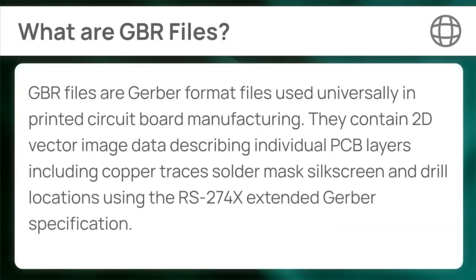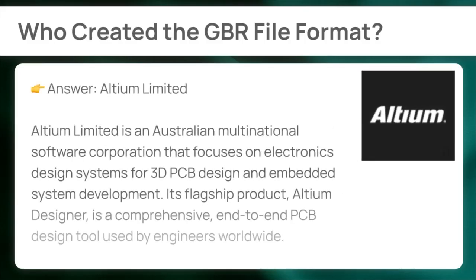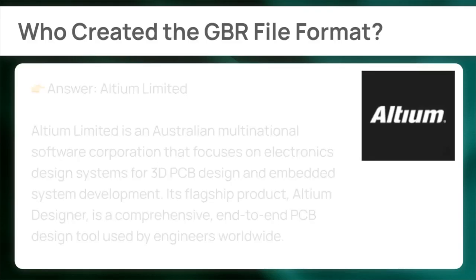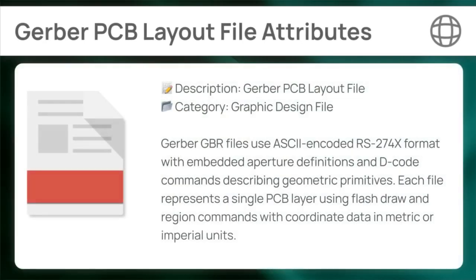GBR files are Gerber format files used universally in printed circuit board manufacturing. They contain 2D vector image data describing individual PCB layers including copper traces, solder mask, silkscreen, and drill locations using the RS-274X extended Gerber specification. Gerber GBR files use ASCII-encoded RS-274X format with embedded aperture definitions and decode commands describing geometric primitives. Each file represents a single PCB layer using flash, draw, and region commands with coordinate data in metric or imperial